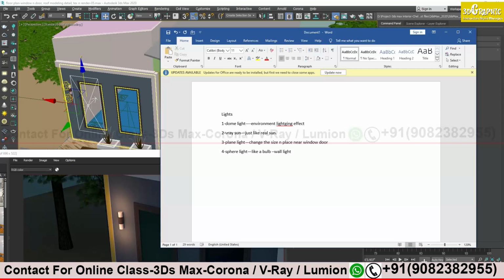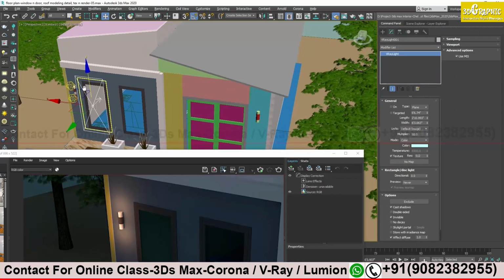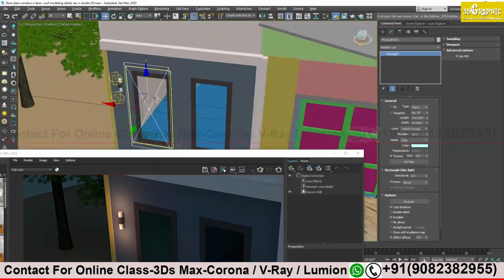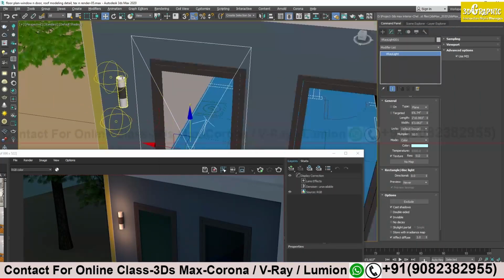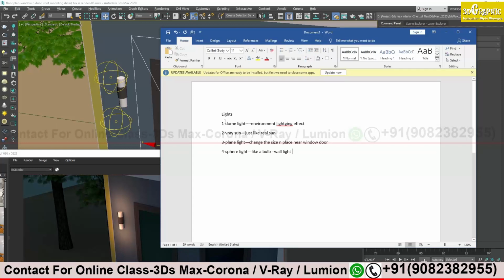So these are all the lights we have seen so far. Try to remember the features, their plus points, where we can use those lights: in daytime, in night time, for exteriors, interiors, outside the window, near the wall light. Just remember where we can use each light.